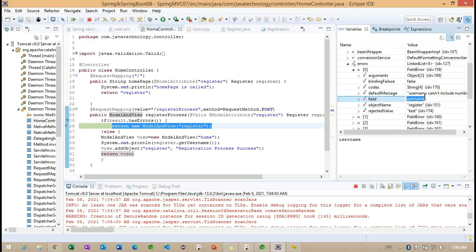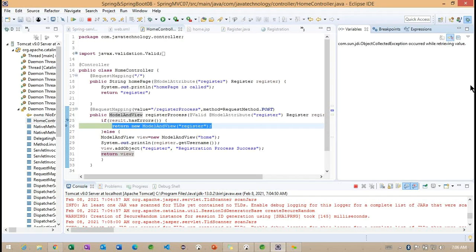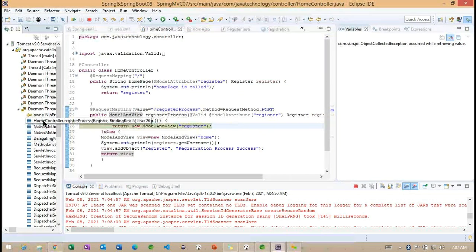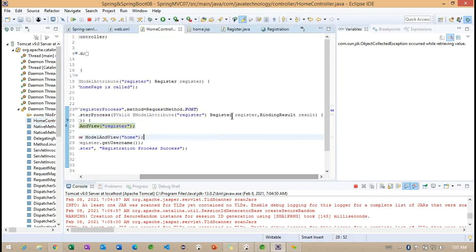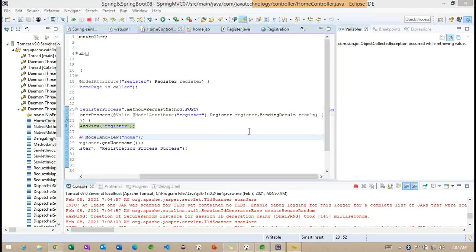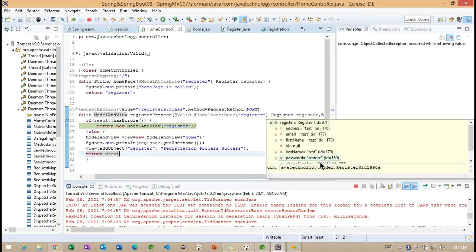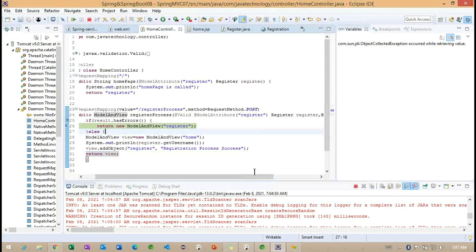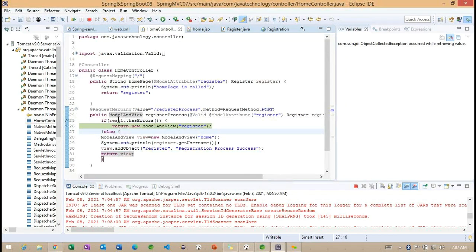Value test. Okay, so we are getting some error here: object collection exception, retrieving the field. Let me check the particular register object. Okay, we are getting the object information: address test, email test, first name test. Some values we are getting here. But still, why is this error coming?